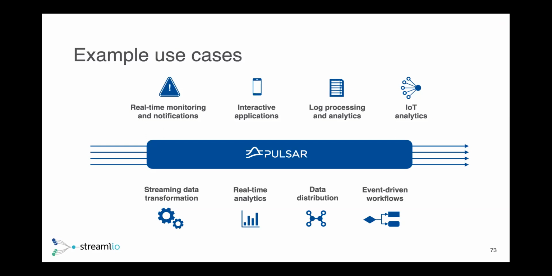It's very lightweight. Again, that decoupled storage layer allows us to put a broker basically and an MQTT plugin for Pulsar on an edge device, on a resource-constrained device, and host Pulsar functions on the edge as well. So industrial IoT use cases can be easily implemented with Pulsar out of the box. Again, then your basic stream data transformation, real-time analytics, data distribution. So basically, content management. I've got to replicate my data for streaming services across multiple locations or put it in the cache in different geolocations, and event-driven workflows.